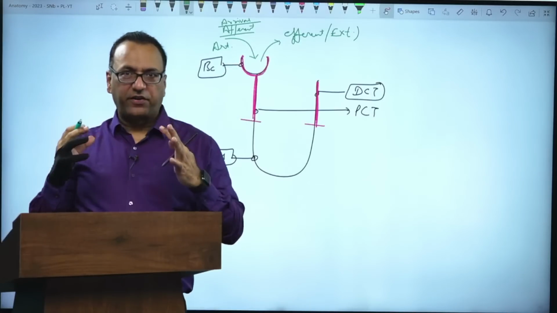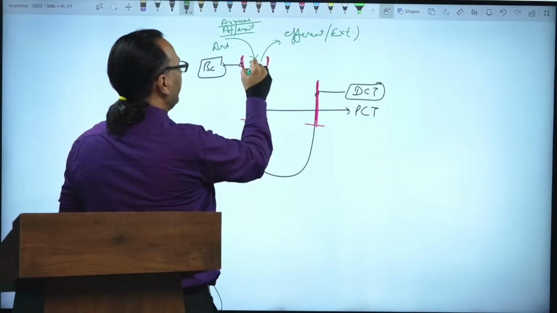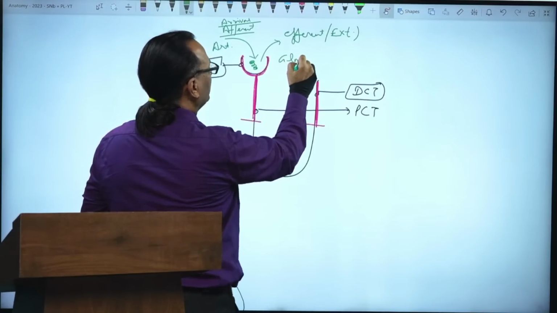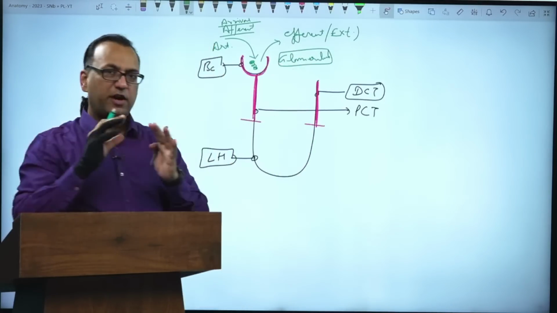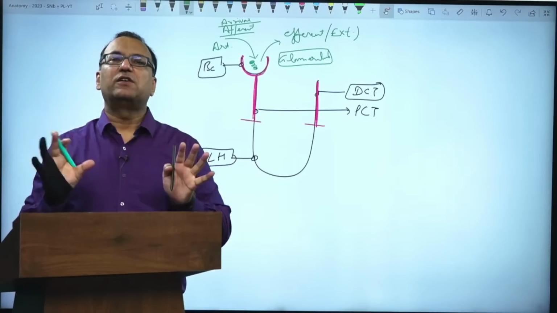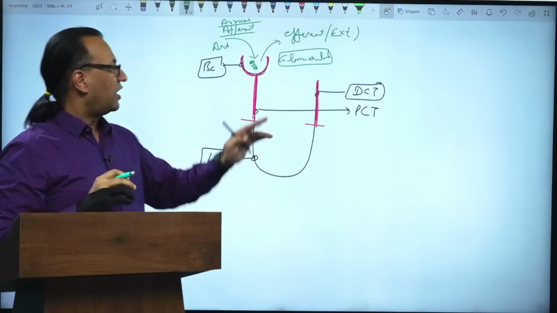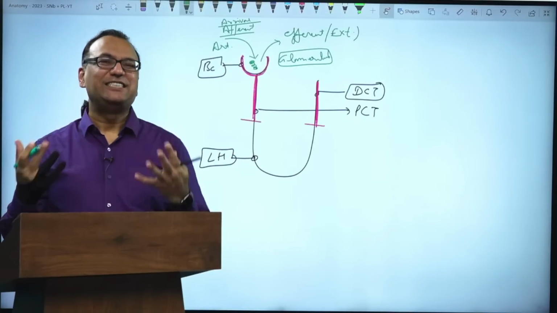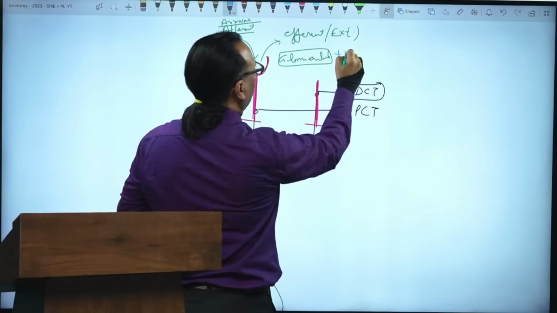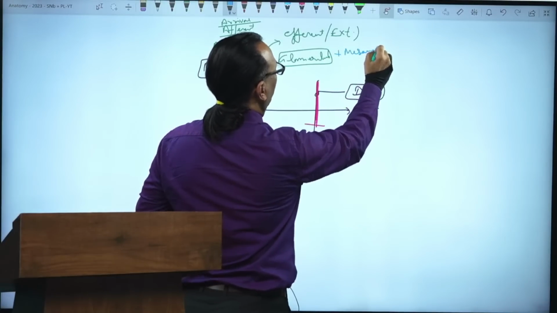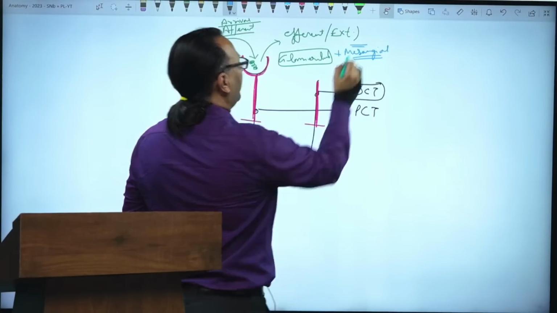These afferent arterioles will be forming a capillary plexus which is called glomerulus. So this is glomerulus, and in glomerulus you will have some cells which are connective tissue, which are mesenchymal cells, mesangial cells. So along with this glomerulus, you will have some mesangial cells also, connective tissue cells. Now a question comes,